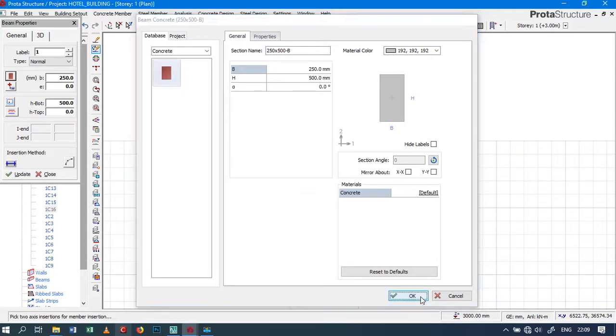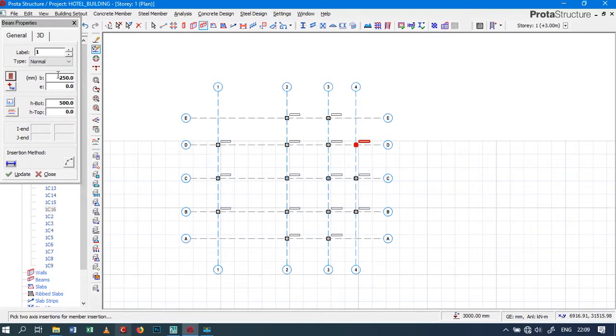Then I click OK and put in the dimension of our beam: the width is 250 and the depth is 500. The label of our beam will be 1,